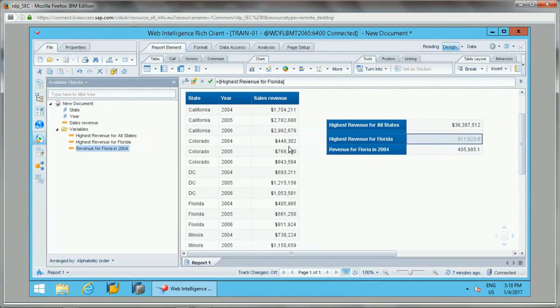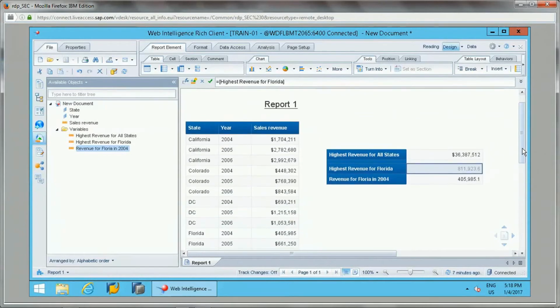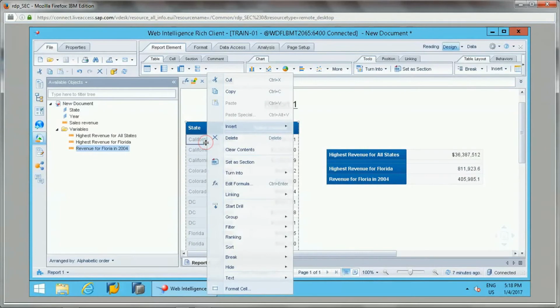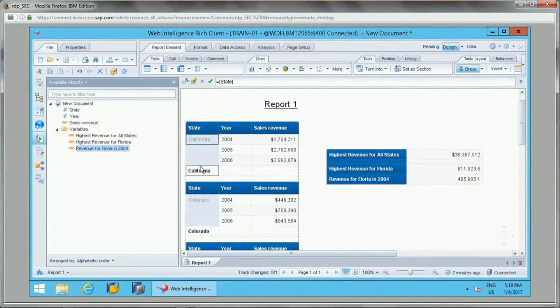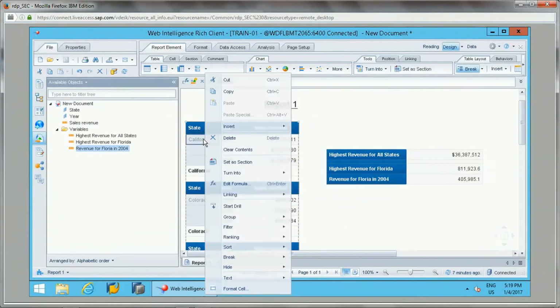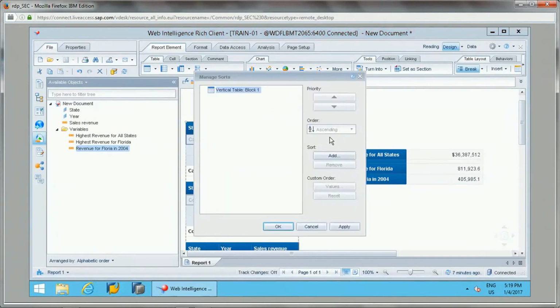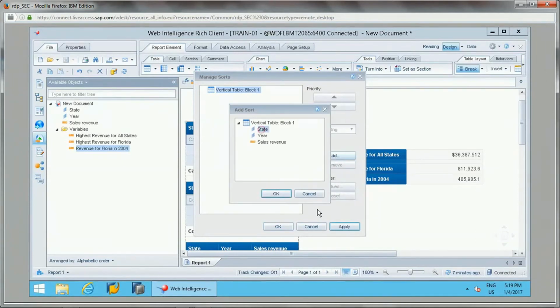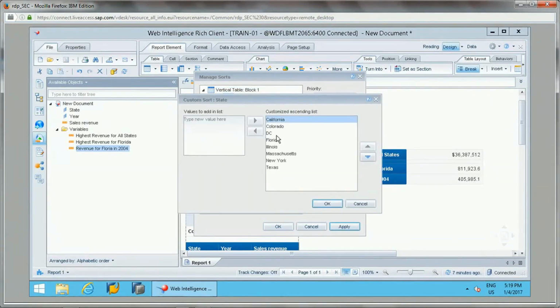I'll add a break on state, and also a custom sort to display Florida on top of the table.